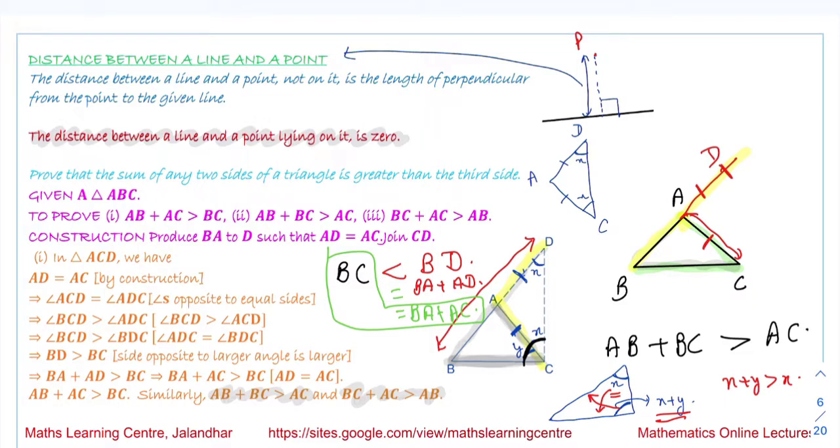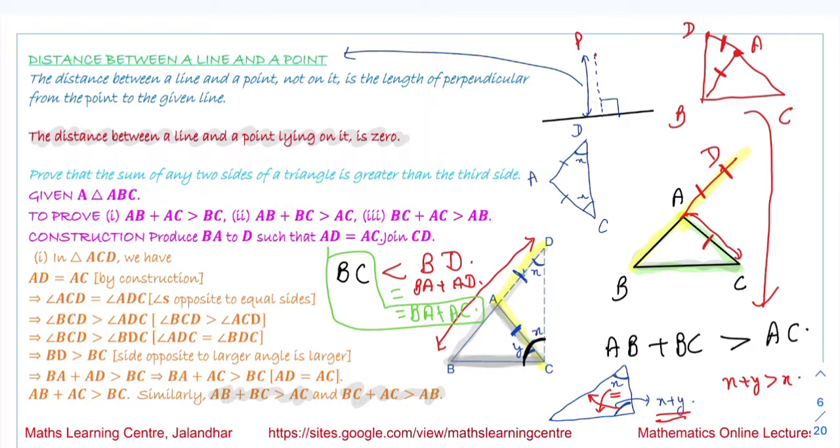Suppose I am talking about some other case. This is our triangle, A, B, C. Now we can extend it in this direction and mark this point D. We join these two points. Now these two are equal. With the same procedure you can prove the second part. Similarly, you can extend the triangle in the third direction and prove the third part.